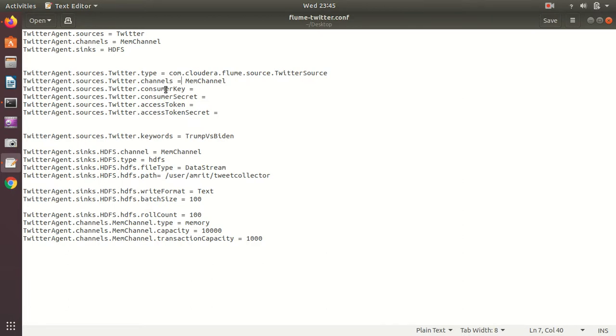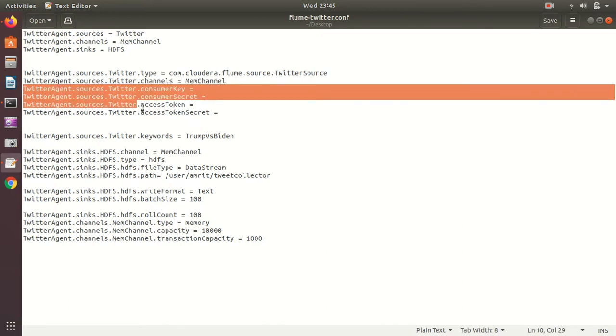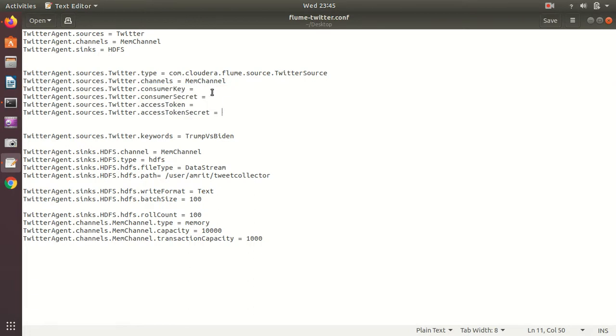Afterwards, guys, I have kept these 4 lines empty on the right side after the equals sign, because as I've already stated, you'll be receiving these 4 API keys from the developer's account. I already have them, but for privacy reasons, I'm not displaying them here. So I have 4 keys: consumer key, which is called the API key, consumer secret, meaning the API secret, access token, and access token secret.